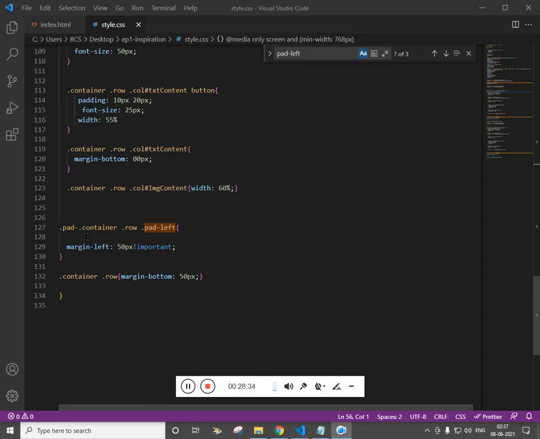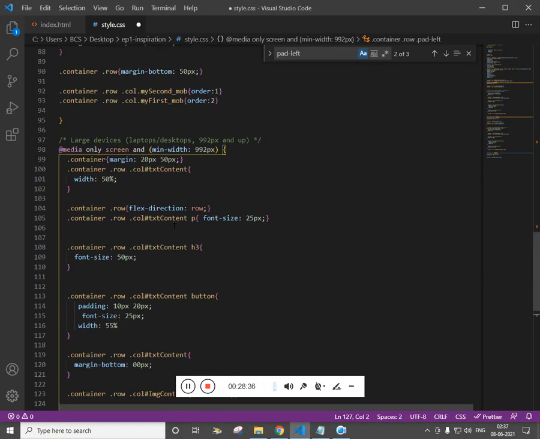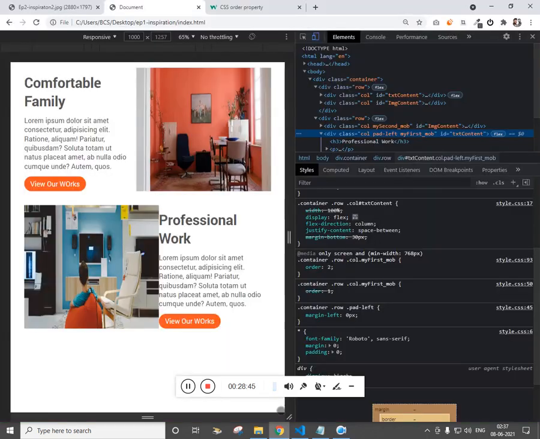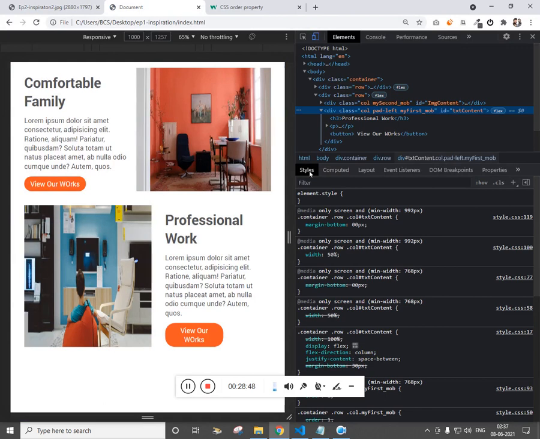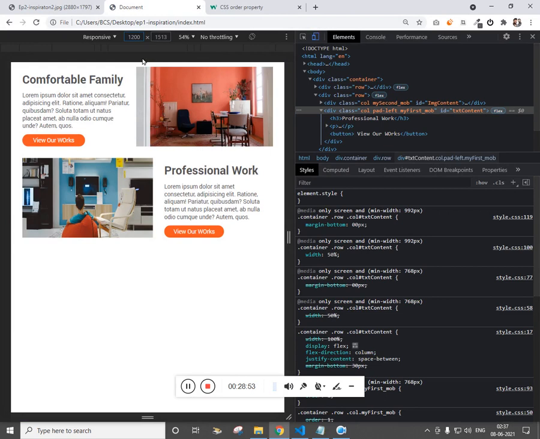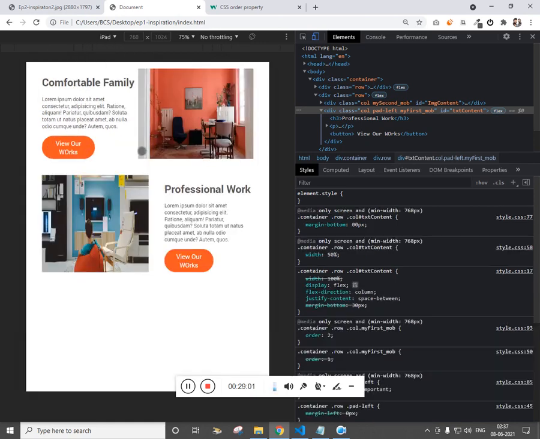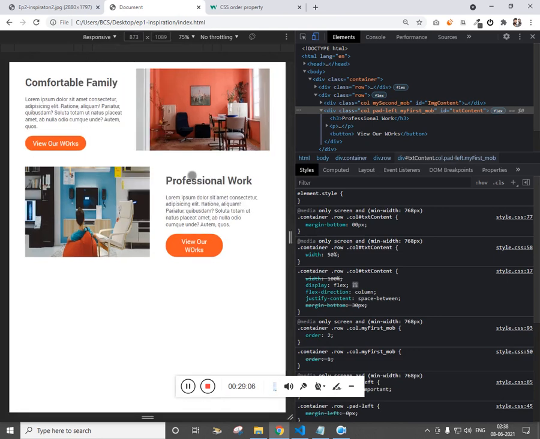If you see, we have made a silly mistake. You see, there is a problem. There was a mistake with the spelling, and now it's working. This is for tablet, and if I make this 1200, this is for desktop. Mobile screen, one below the other. So iPad, this is for tablet, and then desktop. Everything seems to be working.